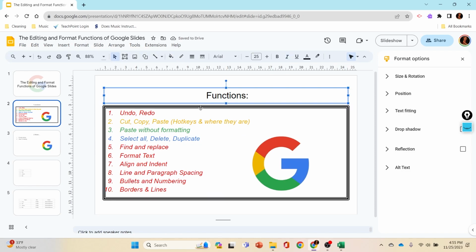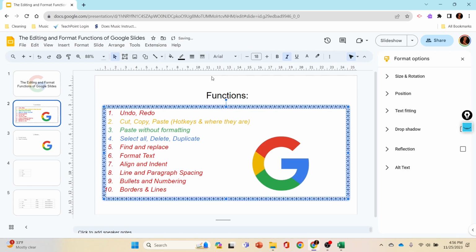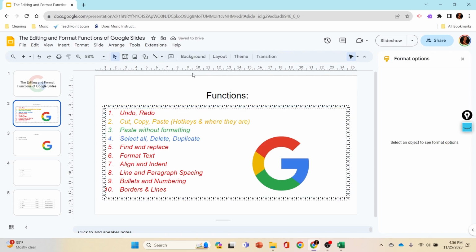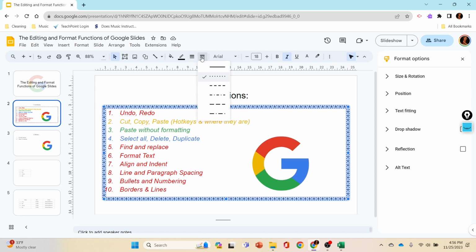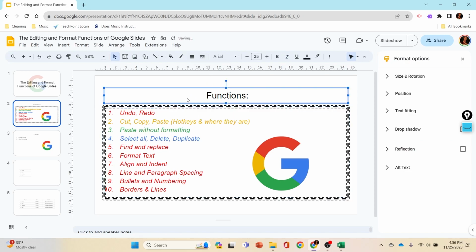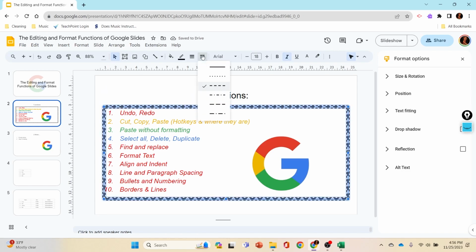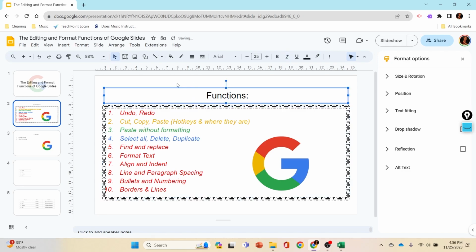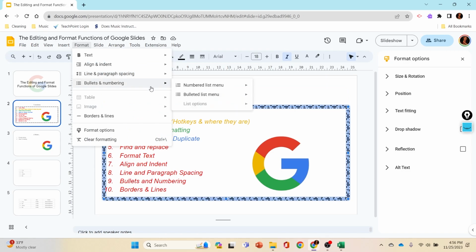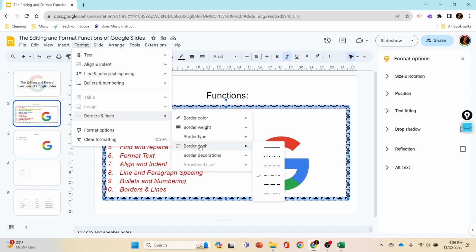So you could create a bunch of different border types just from using that. And then look at that, looking up at this menu here, you could even change these two dots. You could mess around with these functions to make it look however you wanted, or to create different looking borders. Let's take a look at, yeah, here are the dashes and dots and things. Then we even have border decorations,